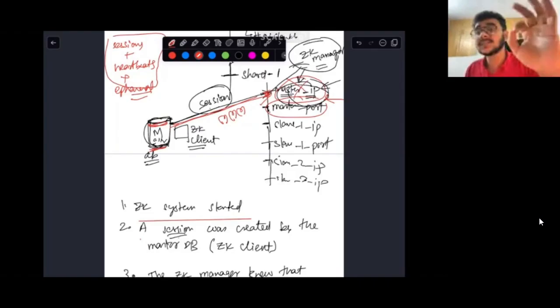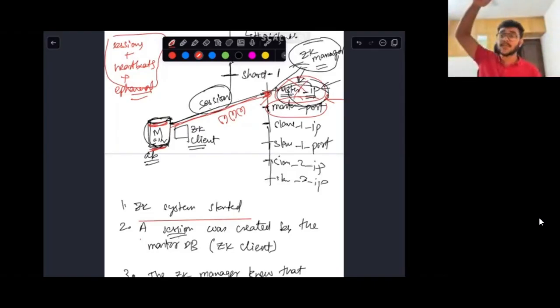As soon as this file is deleted, anyone who wanted to perform a write to the system will see that, hey, there is no master now over here. And then a leader election process can start. Are you guys able to understand this entire thing that I've just mentioned over here? I know it is very complex, but if there is anyone who has not understood any bit of it, please type no in the chat. I will explain it again.